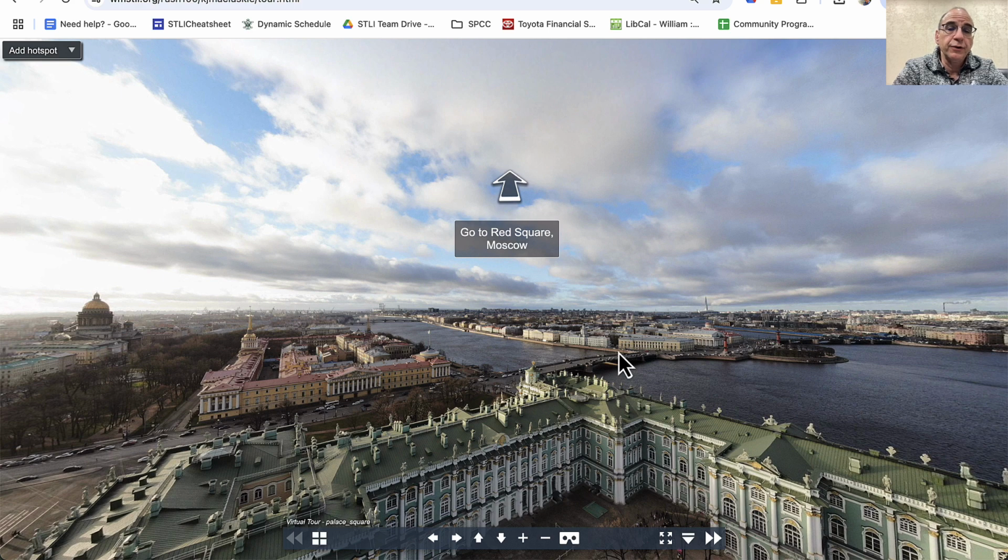This would be very different than looking at an image in Google Street View, where you don't really have the ability to let people know, for example, a history of a place. Up here you can see there's a little arrow, and it says go to Red Square, Moscow. We're in St. Petersburg right now, and if I click on that arrow,